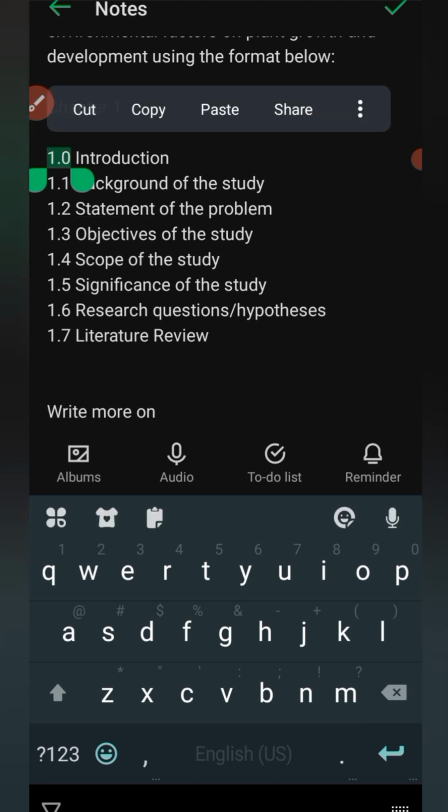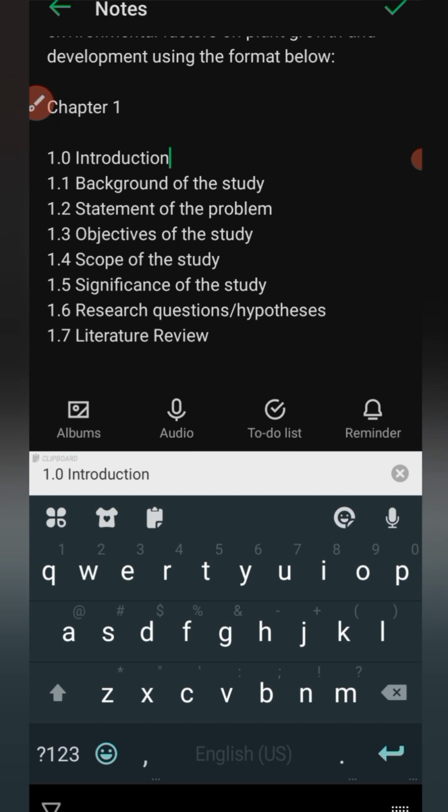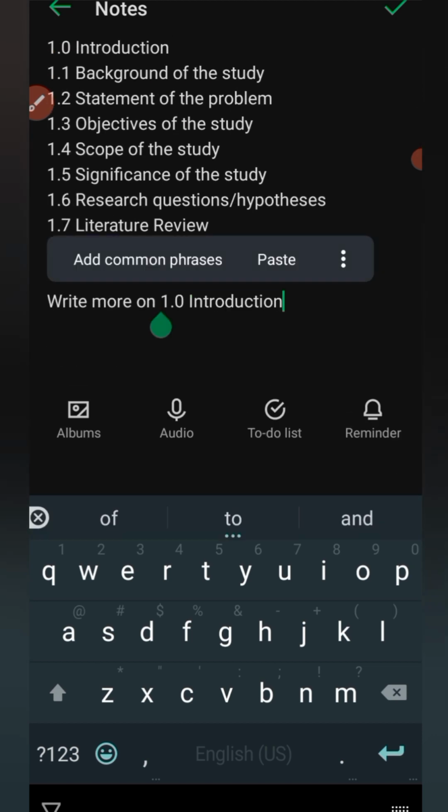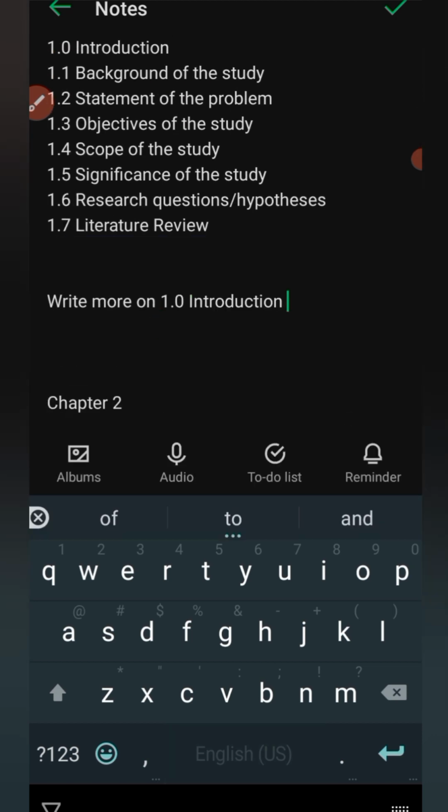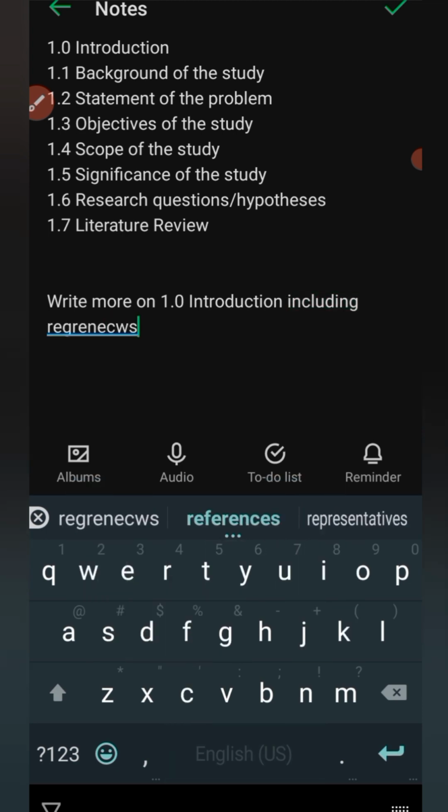Write more on 1.0, which is introduction. I will copy it and paste it right before the "on". Now after that I will say, including references